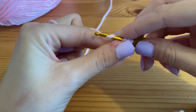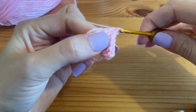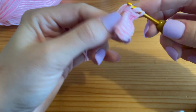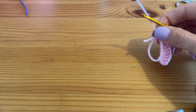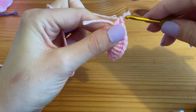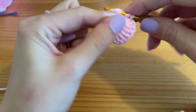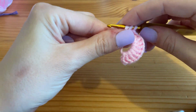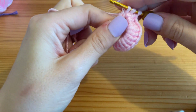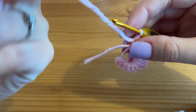2, 3, 5, 8, 9, 10, 11, making sure you keep your yarn tail with your magic ring as always, 12, 13 if you need to, 13